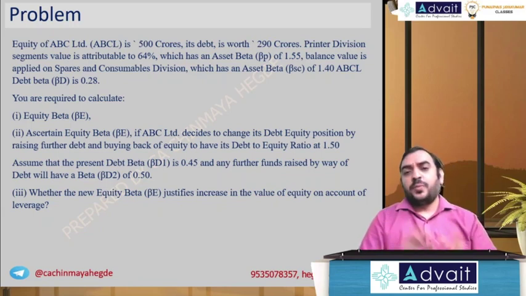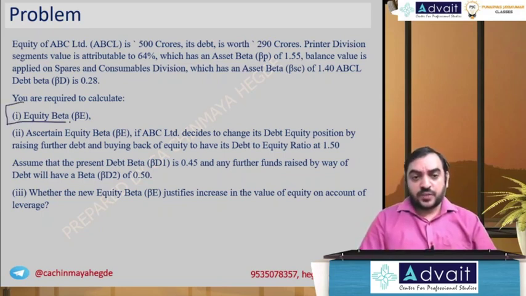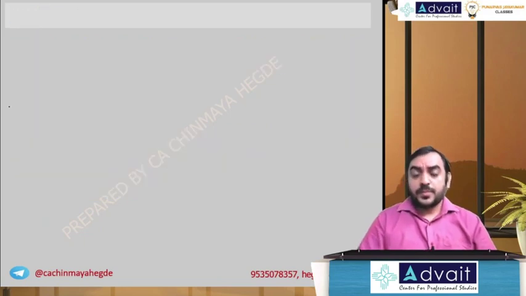So this is all about beta, meaning risk. But if you try to understand through sentences in row format, it will not be clear. Let's try to understand this in the balance sheet format. Okay, first let's focus on the first part of the question. Okay, so balance sheet format.